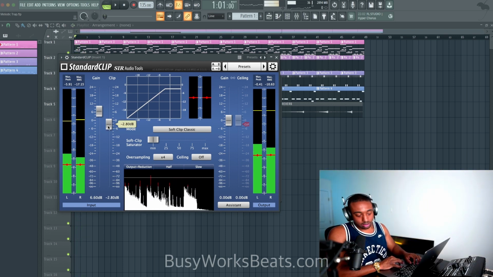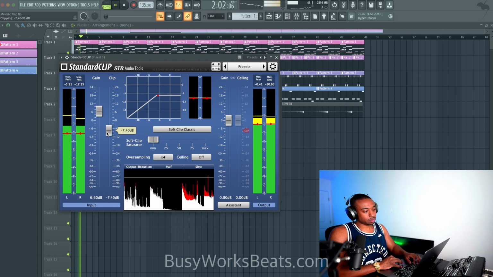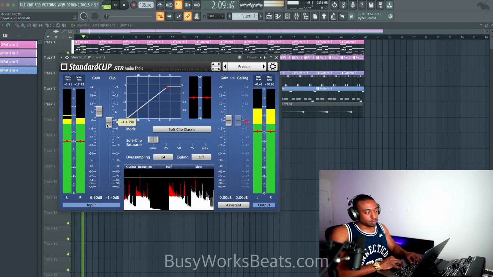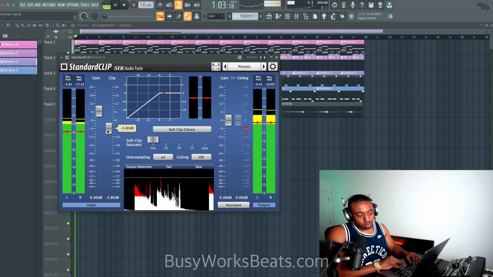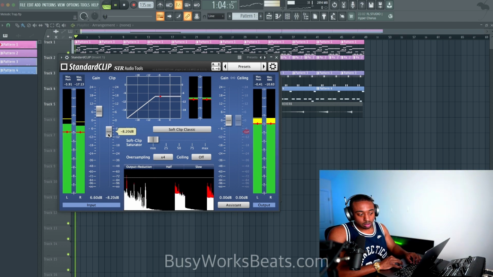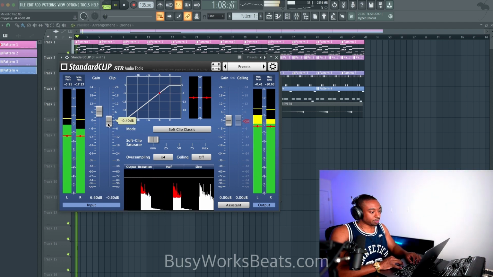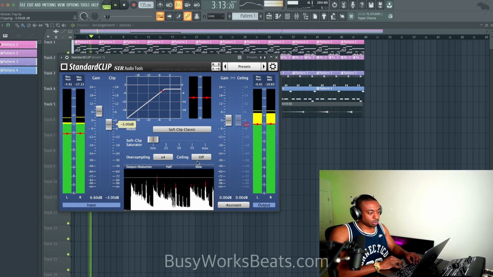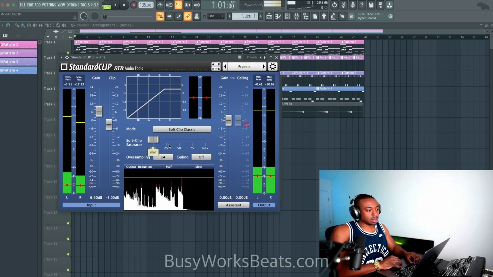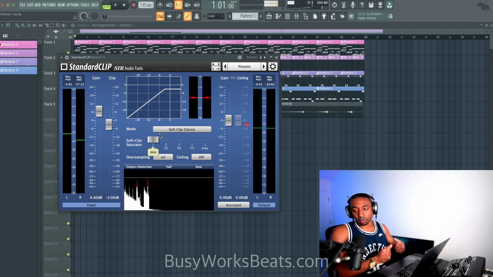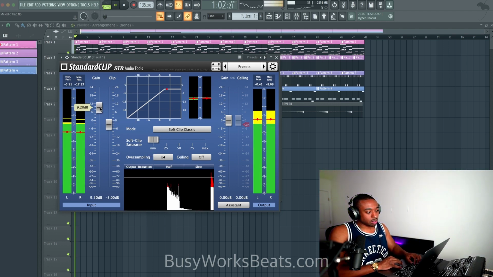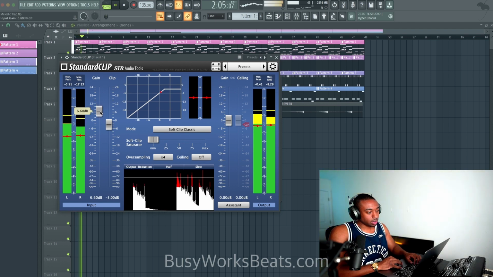If I exaggerate this, you'll hear. Whenever you hear an 808 go like that, that's because they're using a clipper to do that for the most part. So we're pushing it to where it's barely messing with the sound, because this sound is more clean. It's not like where we're going to slam it into the clip. Now, if I wanted to slam, I'll push it harder, which is just too heavy.